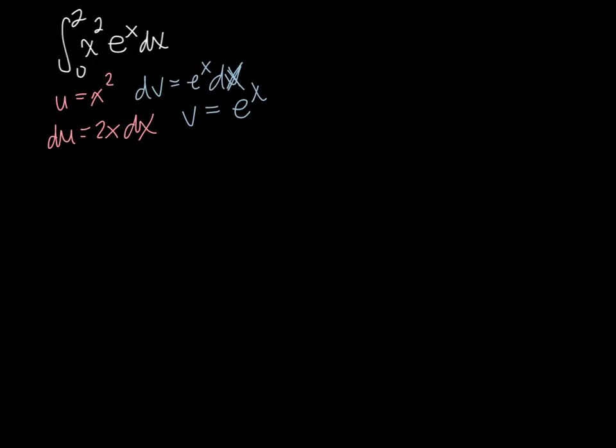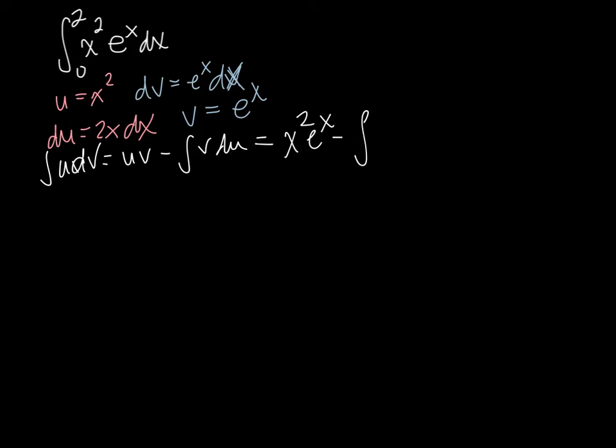So when I plug that into the integral of u dv equals uv minus the integral of v du, we get u times v, so that's x squared times e to the x minus the integral of v du. So du is 2x, so I end up with 2x e to the x dx. Okay. Now notice I have an integral that I will need to do integration by parts on again. Right? This here is an integration by parts problem. So I'm going to go ahead and do that again.